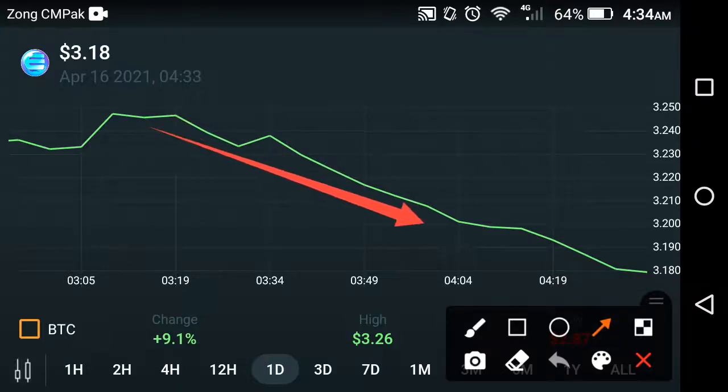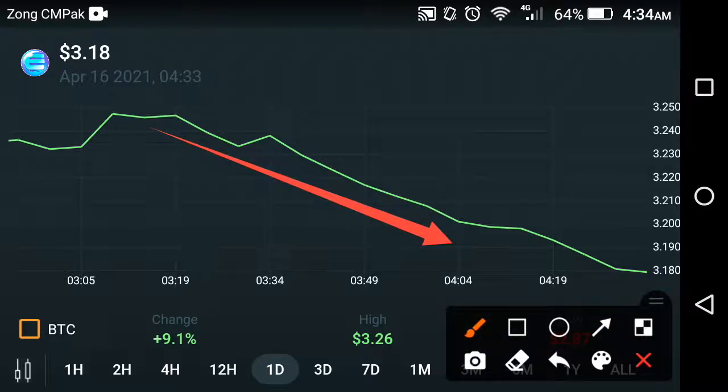As you can see, so what's the next target of Enjin coin? The next target is to jump again, friends. As you can see now, if we look at this time, they go in a straight line. As you can see, like a straight line. As you can see here, they go like a straight line.